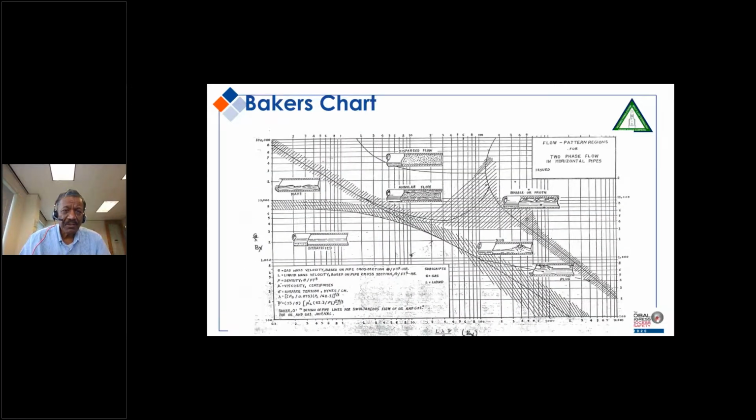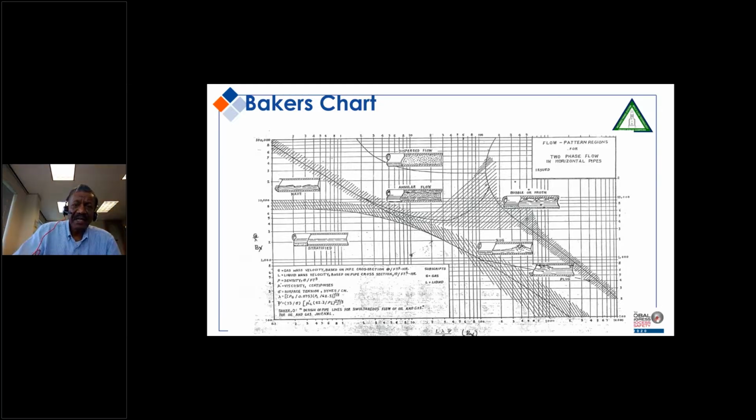This is the Baker's chart, the two-phase flow regime chart. If you are familiar, we have Bx on the x-axis, and here we have By. This is the stratified flow. This is the unstable slug flow or plug flow, as we call it, this regime. This is bubble or froth flow. This is the desired one. Then this is the dispersed flow, and this is the annular flow, and over here is the wave flow.